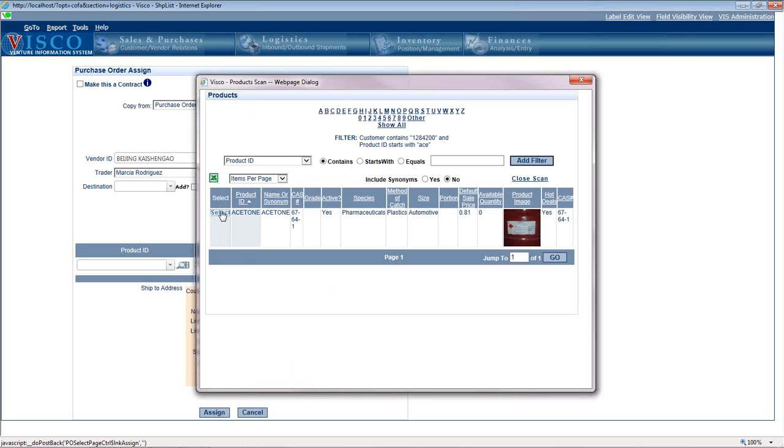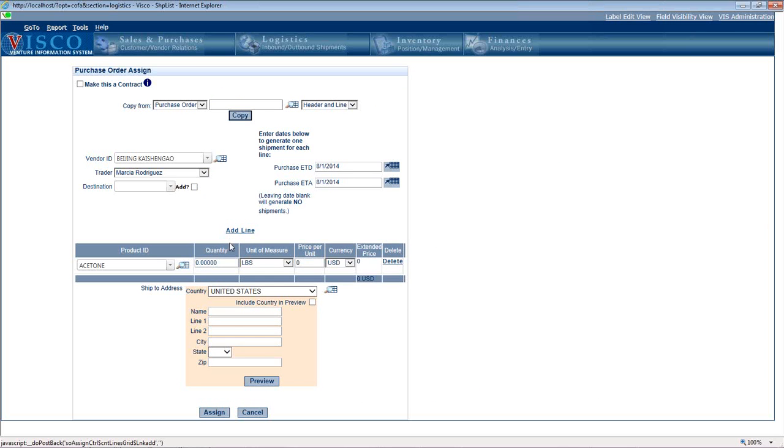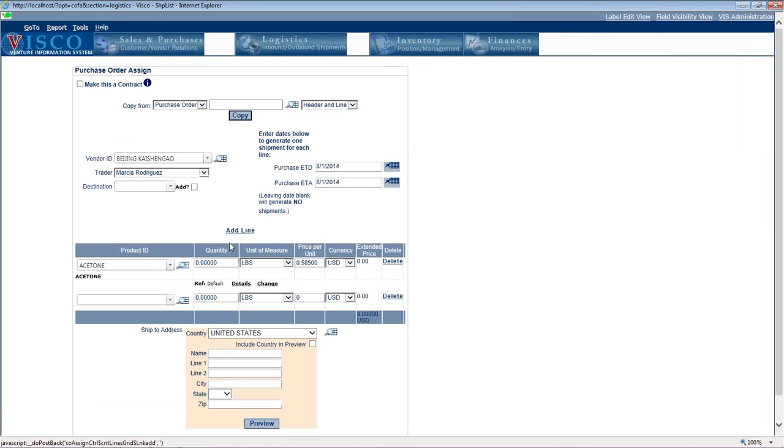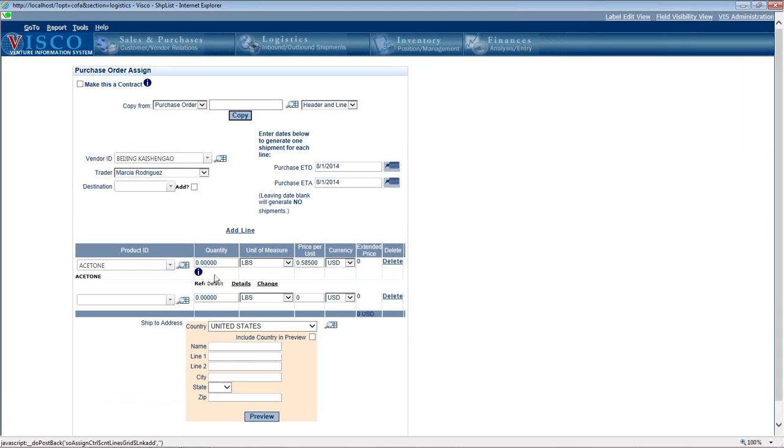So we'll select acetone, and now you'll see when I do that, it's going to first bring up the quantities that we already have available and what's in transit and so on. But also underneath here, it's assuming that we want to choose our default set of specification requirements, which in fact is true. We could change to, remember I was saying before, high grade or low grade